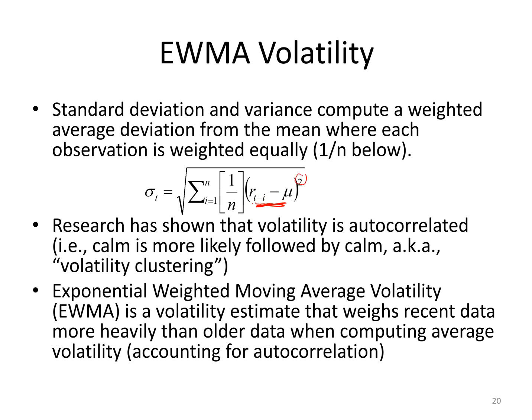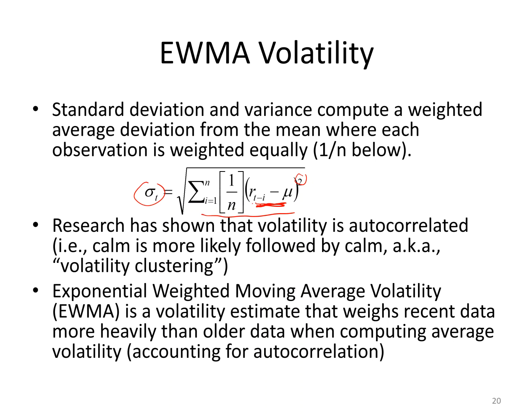So think of having 100 days of data. So you have 100 squared deviations from the mean. And what you're going to do is simply take, say, 1 over 100, equally weighting each of the last 100 days. I then take the square root of that variance, and that gives me the standard deviation. So this is our standard or normal standard deviation formula. It's the square root of the variance, where the variance is the squared deviation from the mean, where each deviation